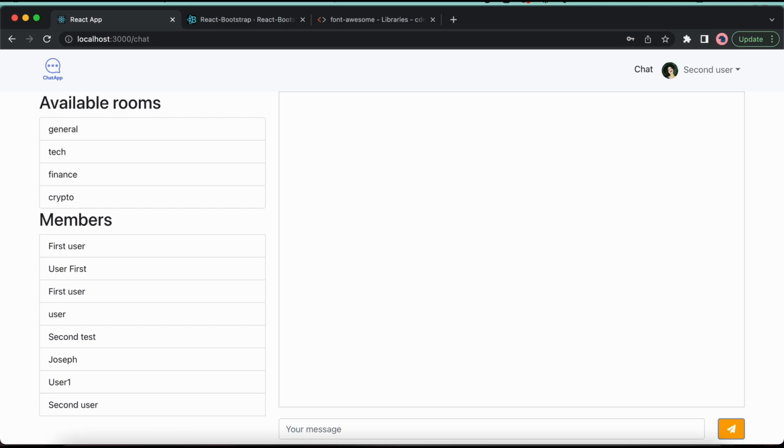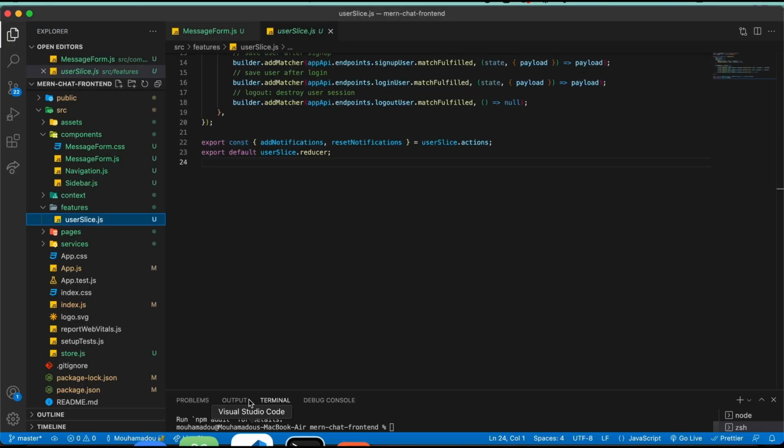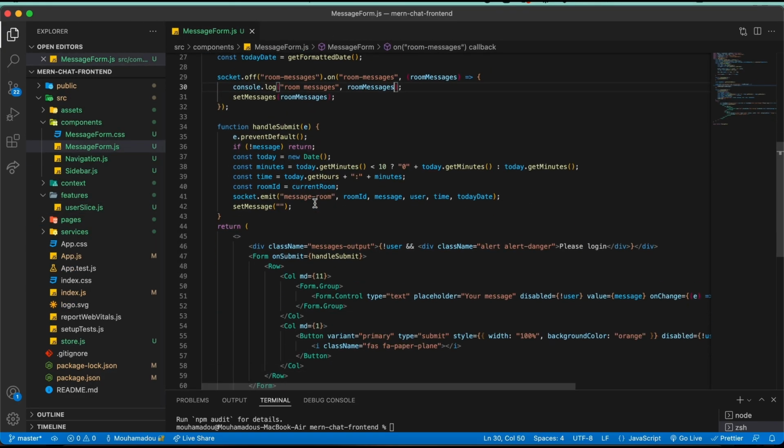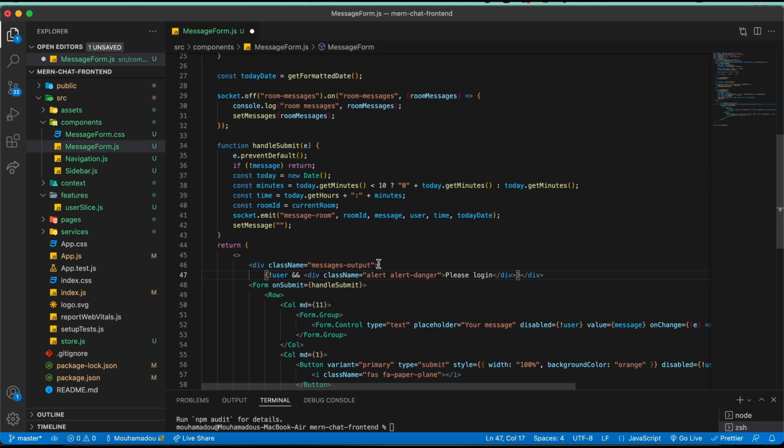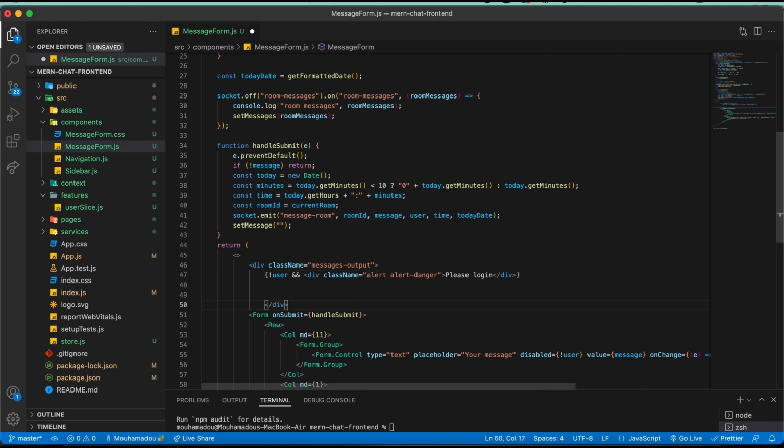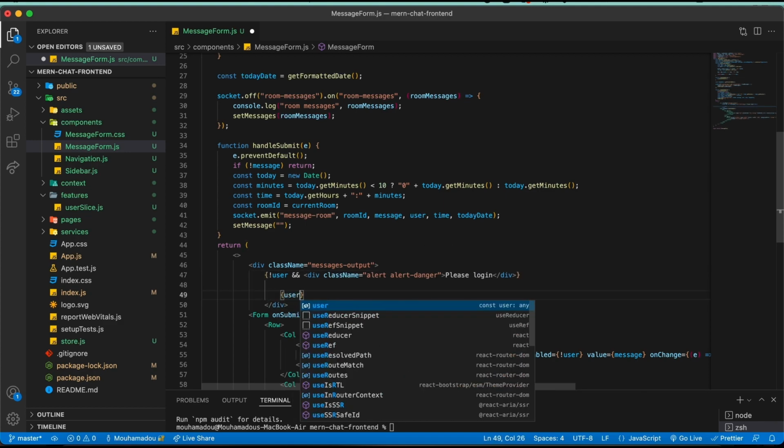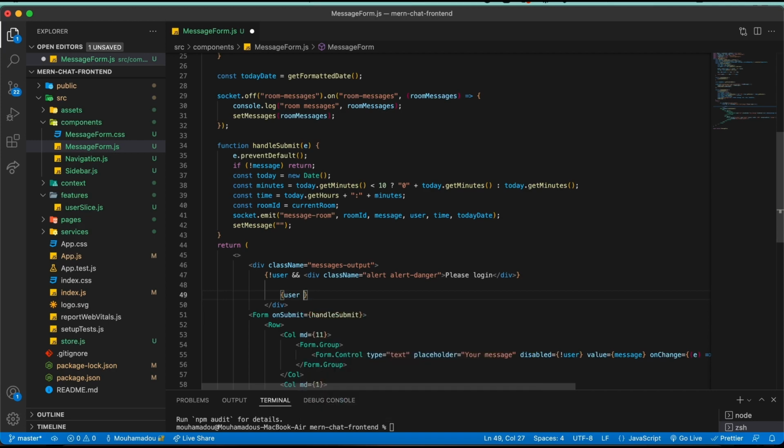The next part now is to show the message. So once we want to join a room, like to make a room clickable, so that we can print the messages, right? Show the messages and send the message. So back to our app. So let's open the message form.js. So here in the messages output, this is where we'll output the messages. So here we can say if there is a user, right? So that's when we will say messages